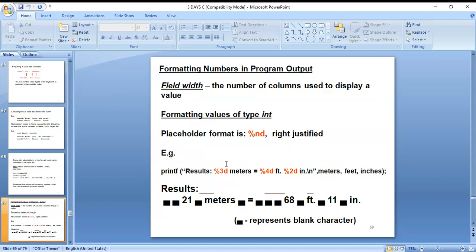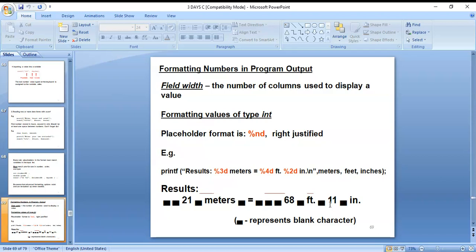In the next example, printf result: percent 3d, and meters is equal to percent 4d, and feet is equal to percent 2d, percent 2d. In the output you can see 21 meters is equal to 68 feet 11 inches.